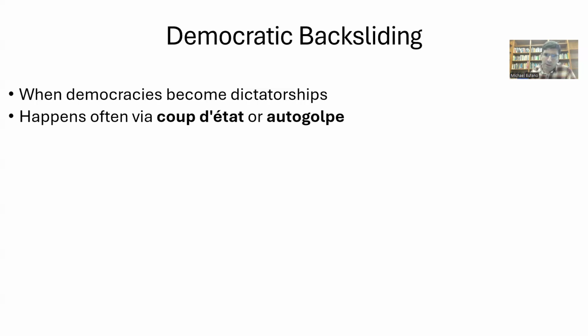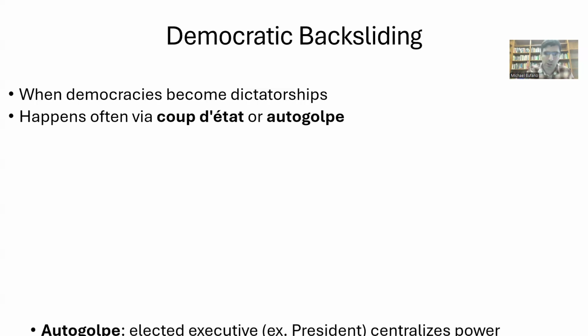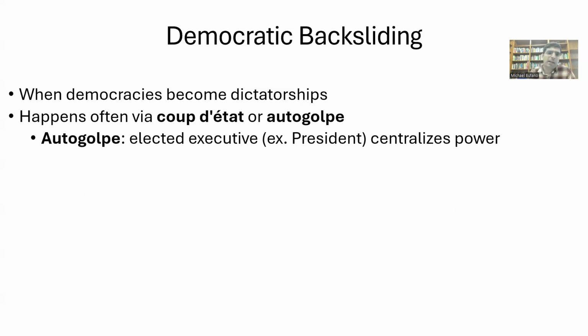We talked about coups early in the semester. The other way is something called an autogolpe, and we haven't talked about this this semester yet. An autogolpe is when you have a democratically elected figure, usually the sitting executive, the president or the prime minister, that centralizes power. They could do this in a number of ways. They and the legislature that they might control can do this by passing new laws that weaken the country's